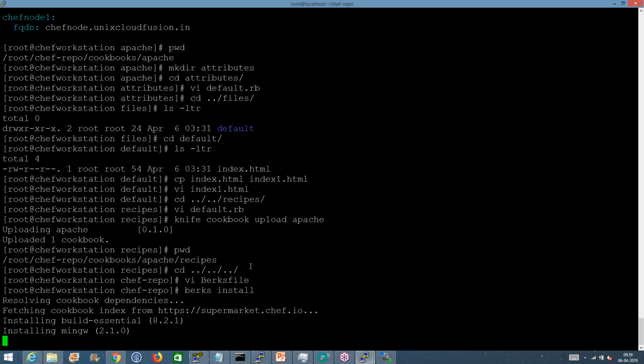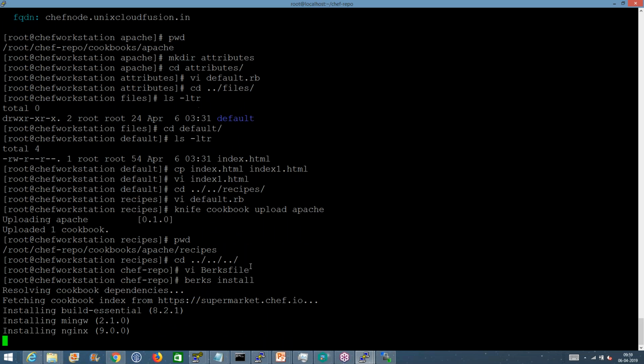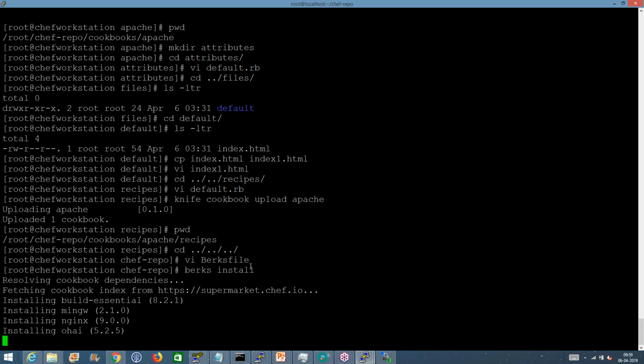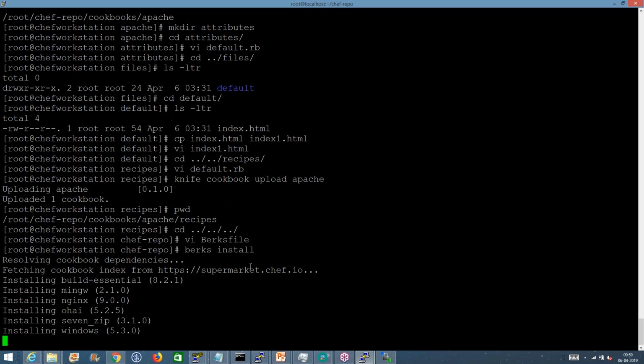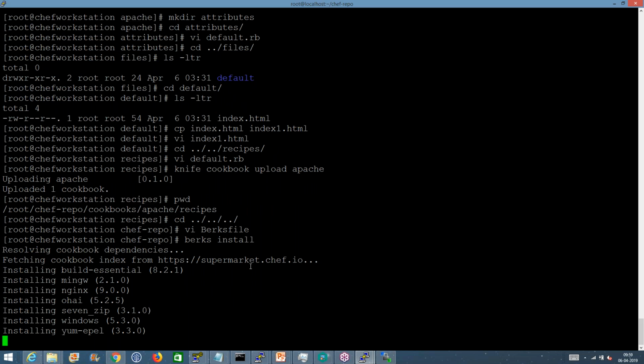So you see, it's actually resolving the dependencies: build-essential, mingw, nginx, ohai, 7-zip, windows. So it's actually resolving all these dependencies and going to install the Nginx. Now, if you have to install and run the Nginx, then you should have all of these cookbooks up and running. Then only you would be able to run the Nginx. So we can go to the cookbooks and do